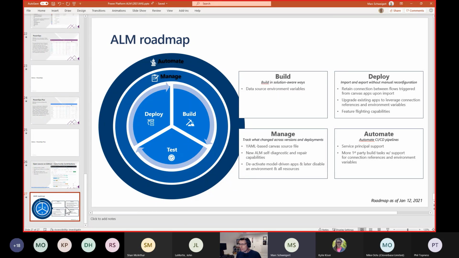We teased the fact that we're going to have a YAML-based Canvas source file format that you'll be able to use. To be clear, when this capability comes out in the experimental form, it will not be incorporated into tools like Solution Packager and the Power Apps CLI and the build tools and tasks. But the long-term roadmap to GA is to incorporate unpacking of Canvas apps in the tools that you're already familiar with.